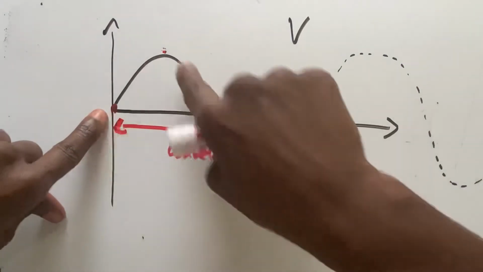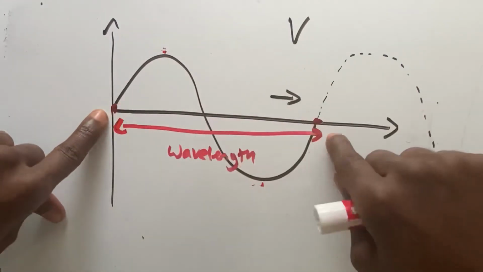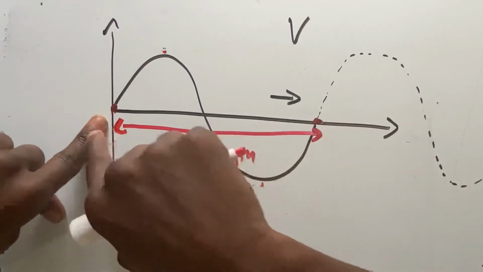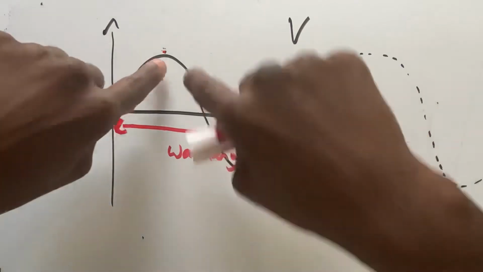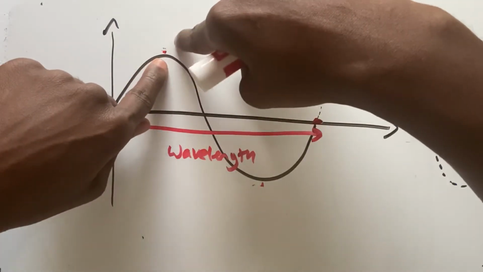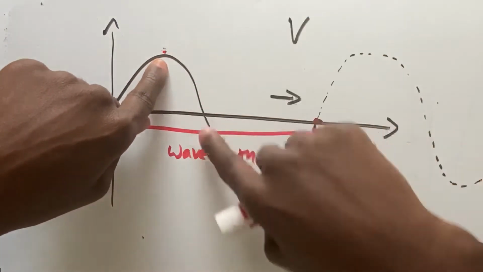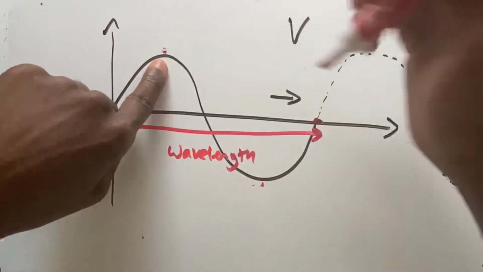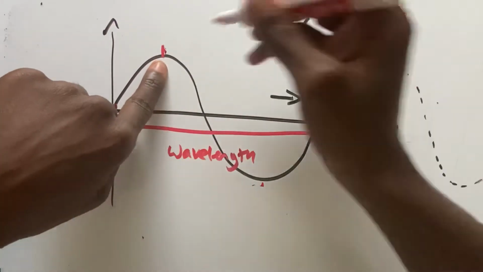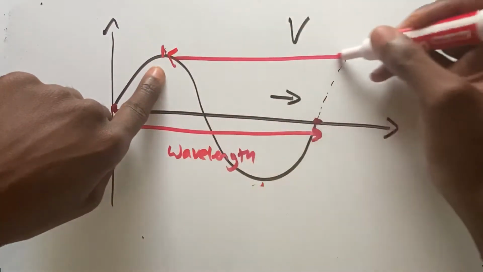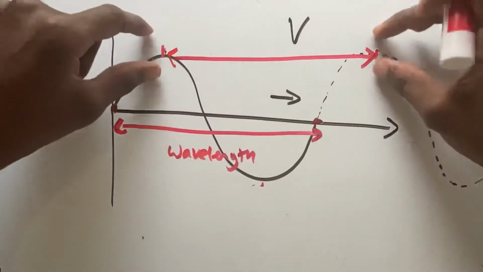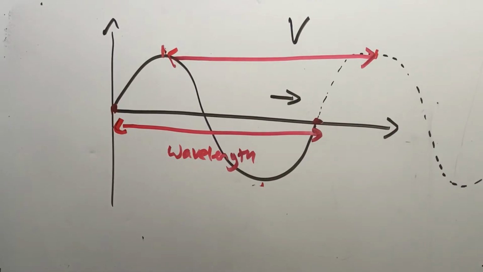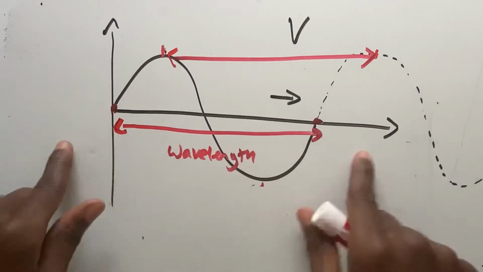So once you go back to where you start, that's one full cycle, or one full period, we call it. So from here to here is one wavelength, where if I start at this point, I get back to the same point once I get over here. Basically that would be another representation of the wavelength, if it's easier for you to see it that way. It's the distance from the tops, or you can start from the beginning and just look at it from there. So that's what we call our wavelength.